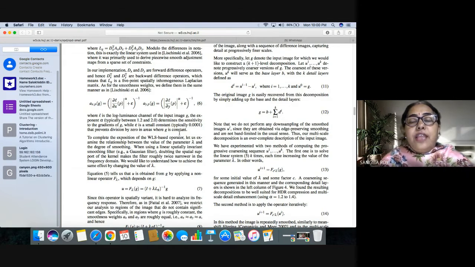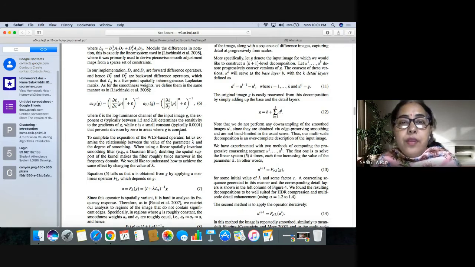That means if there is no change, the derivative is equal to 0, but we don't want 0 because this 0 sometimes creates a lot of problems. So to overcome this issue, we always add a small value, 0.0001, as an additive value to overcome the division by 0 problem. So alpha is basically an exponent, that is the gradient sensitivity.